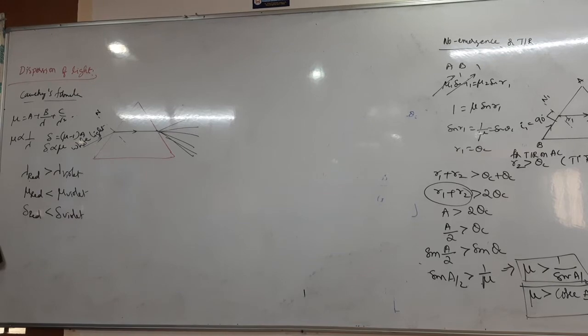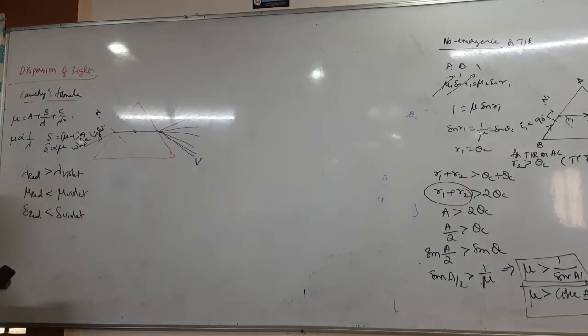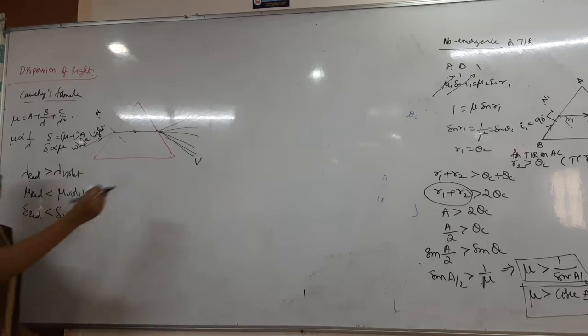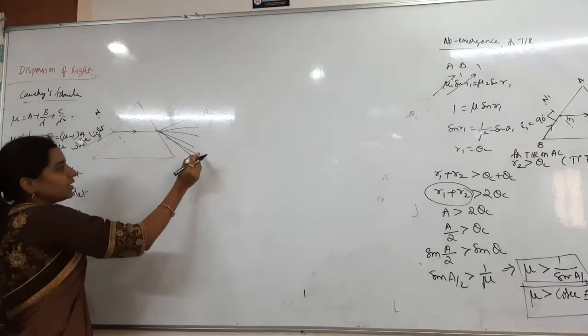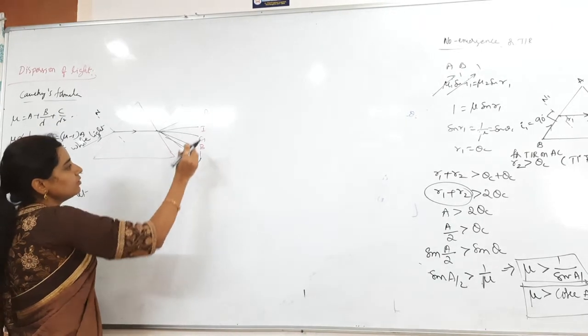So which will deviate more here? Violet will deviate more, so the bottom color is violet. Then the top color, the deviation of the red is very less as compared to the violet, so this is red. Then the remaining colors are green, indigo,